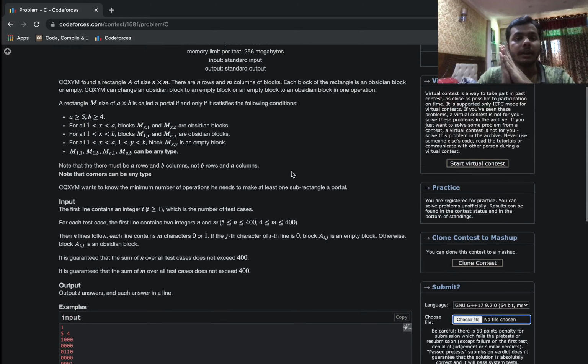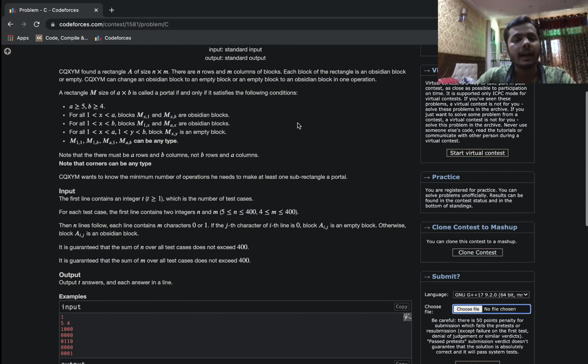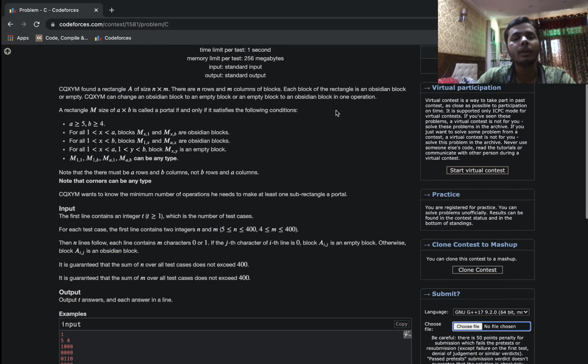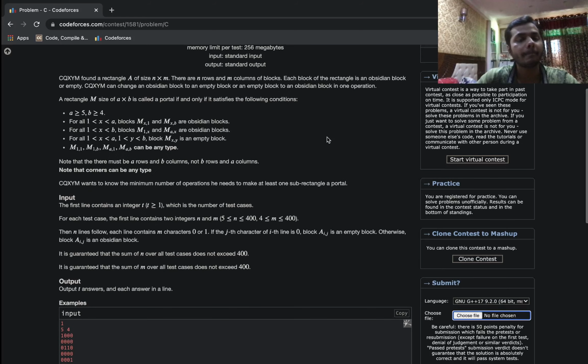Okay, so here we are given a rectangular grid of size n cross m, a standard grid, and each block is either a 1 or a 0. We need to find, in one operation we can convert a 1 to a 0 or a 0 to a 1. Again, standard stuff here. So in an operation, you take a cell and invert it. If it is holding a 1, you convert it to a 0, and vice versa, right?